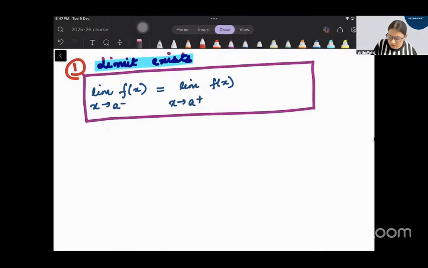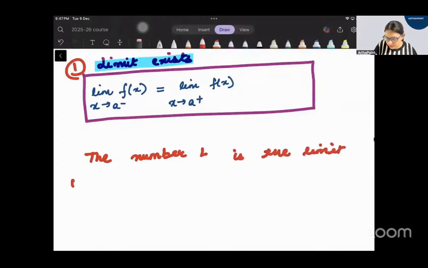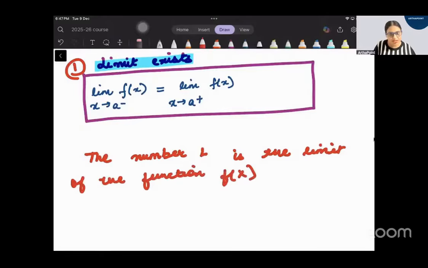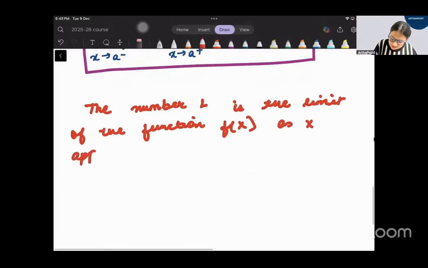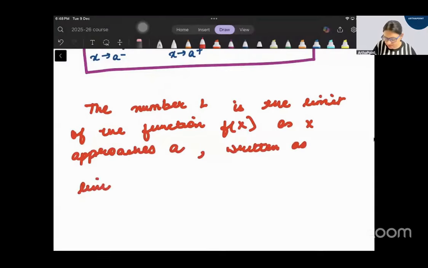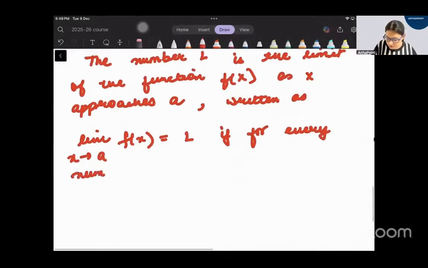But they say that, I'm writing the formal definition: the number L is the limit of the function f(x) as x approaches a, written as limit x approaches a, f(x) equal to L, if, okay, I'll write everything in words only, for every number